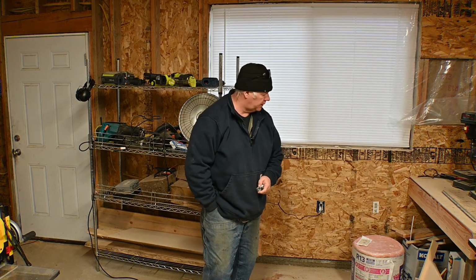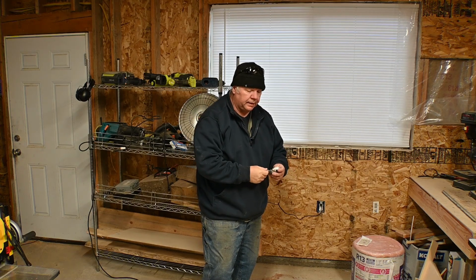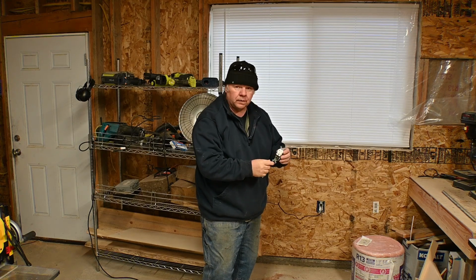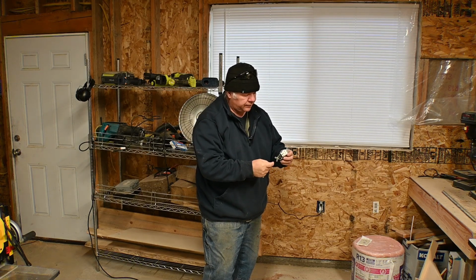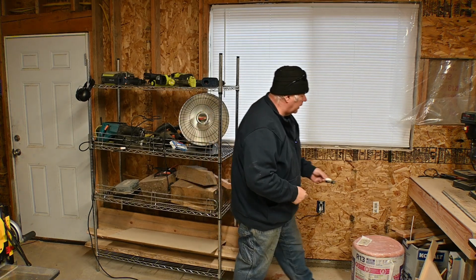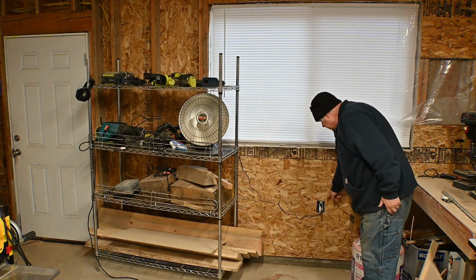In fact, this morning when I got up it was 27 degrees. But this is the outlet that I mentioned earlier in the video. Broken, and we were afraid of the grandkids. I don't know why these are magnets for grandkids, but the first thing they do is stick their finger in there and get hurt. We didn't want that. So I replaced this,